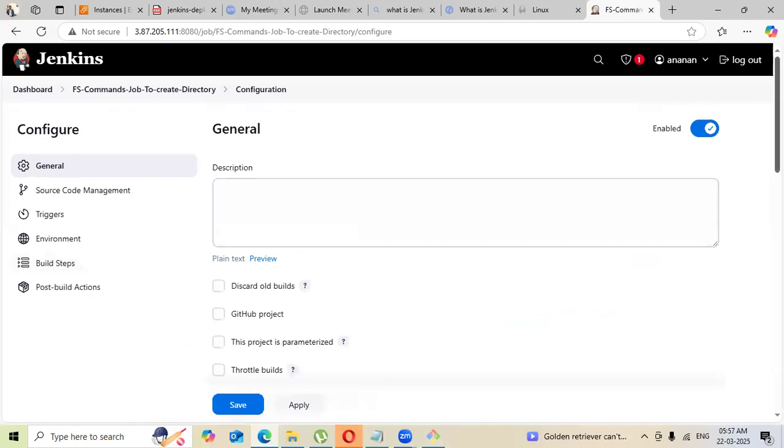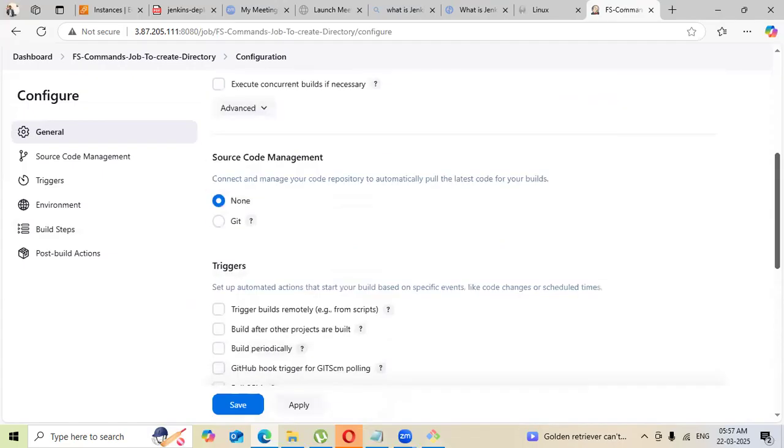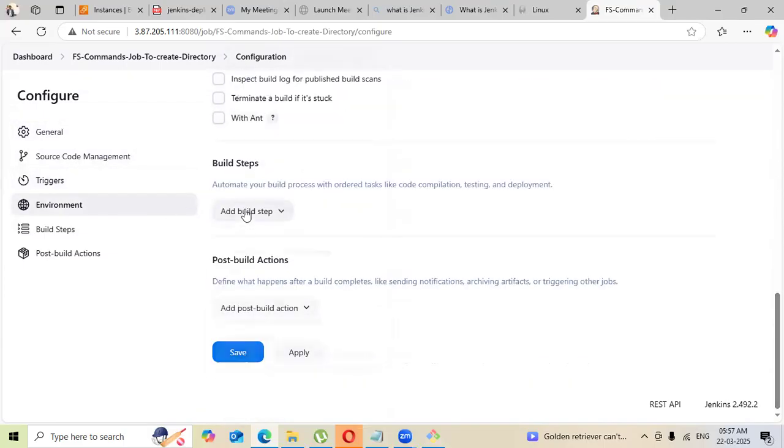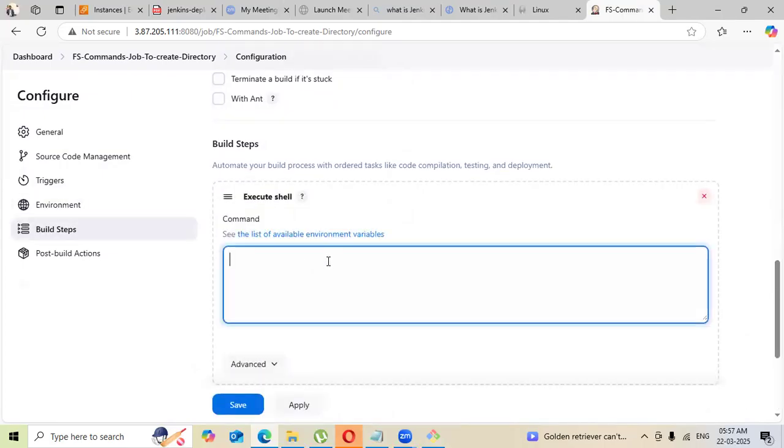So I got my configuration page. I don't want to add any Git URL as of now. So what I will do is go to build steps, Execute shell, and mkdir. What is the directory name you want to give? Imagine you want to create a cat, cd cat,